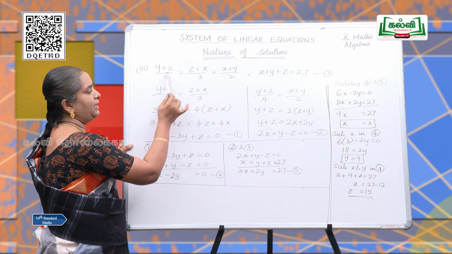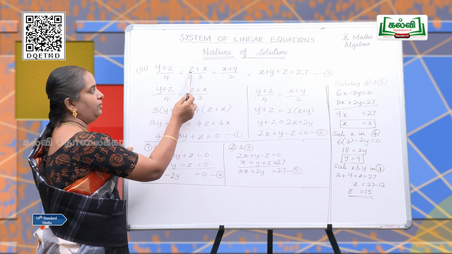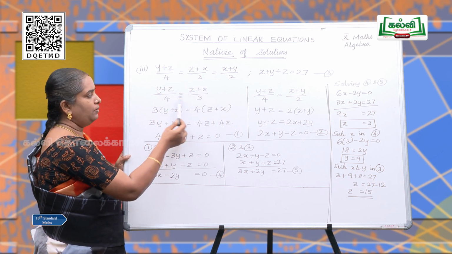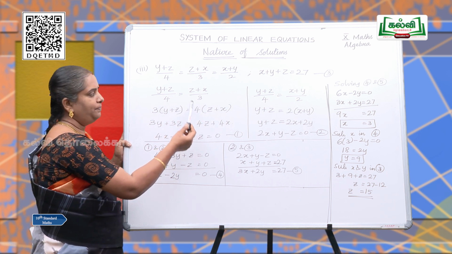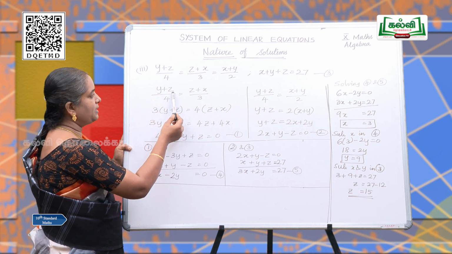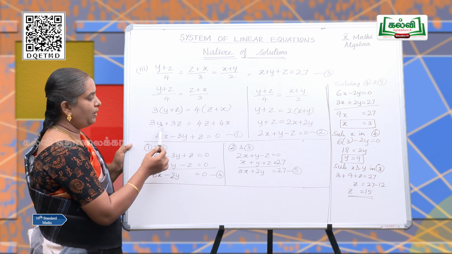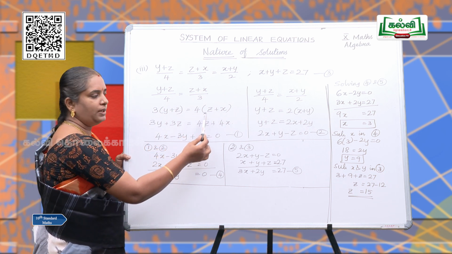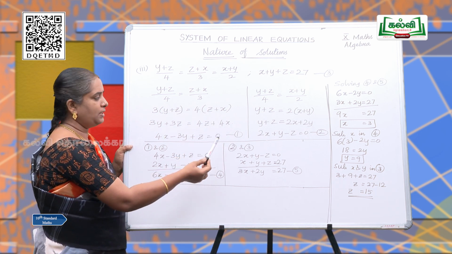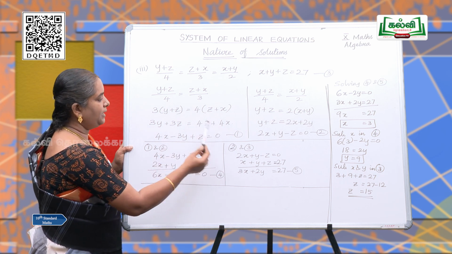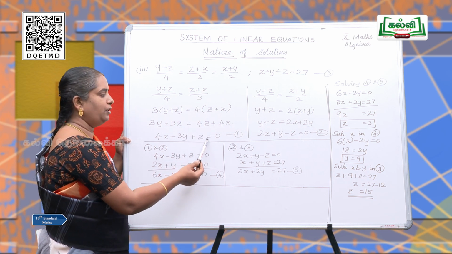So, if you equate these two, you will be getting one equation, that is (y plus z)/4 is equal to (z plus x)/3. So, multiplying by 12 both sides, that is LCM of 4 and 3, we will be getting 3 into (y plus z) is equal to 4 into (z plus x). So, multiplying, 3y plus 3z equals 4z plus 4x. So, having x as positive, 4x minus 3y plus 4z minus 3z becomes plus z is equal to 0